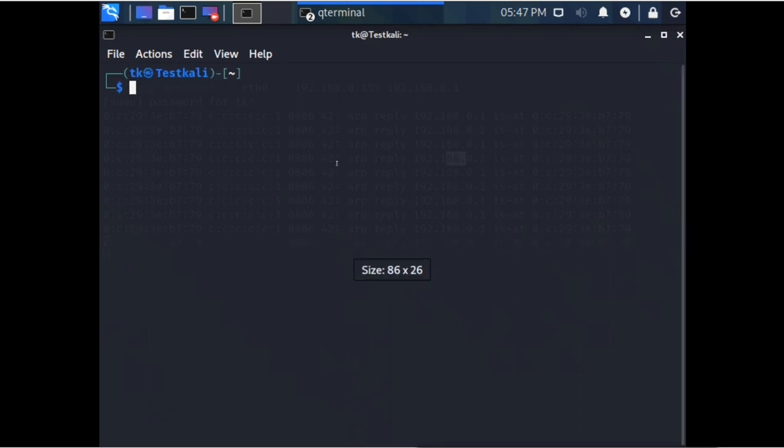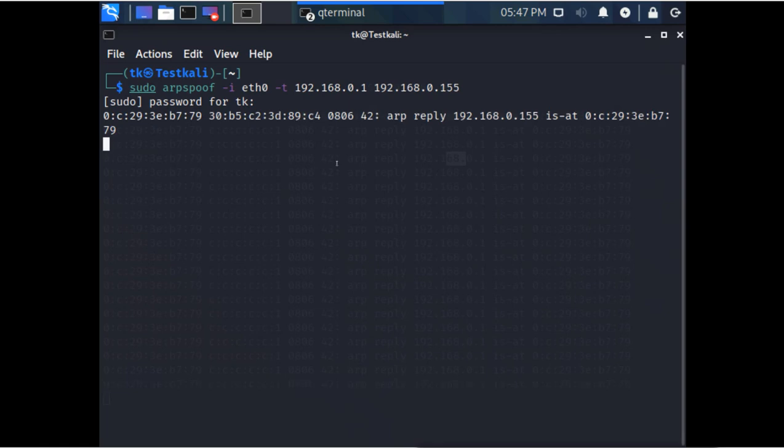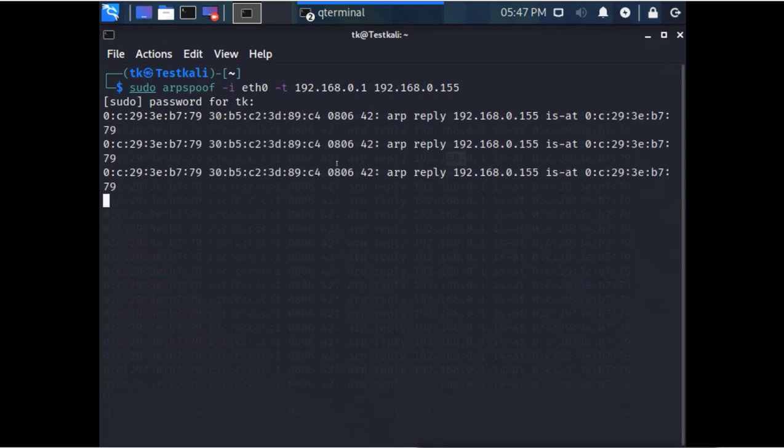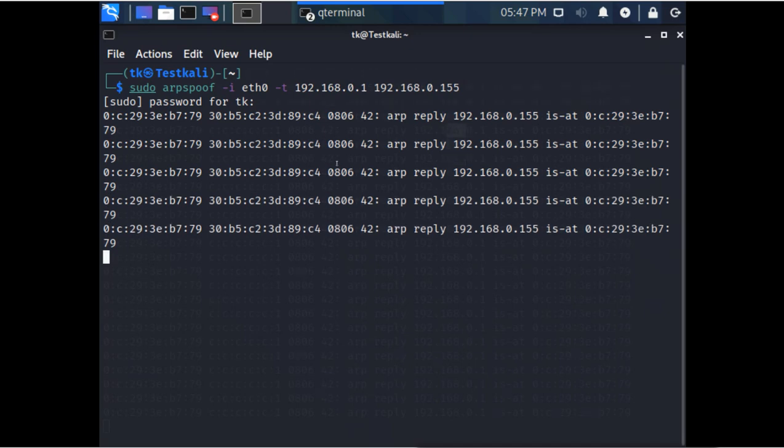Then here also I will run sudo arpspoof from my interface to this gateway for this IP. Now their ARP caches are poisoned. Now they know the fake MAC address of my machine.